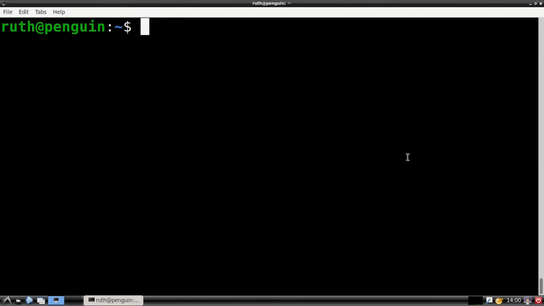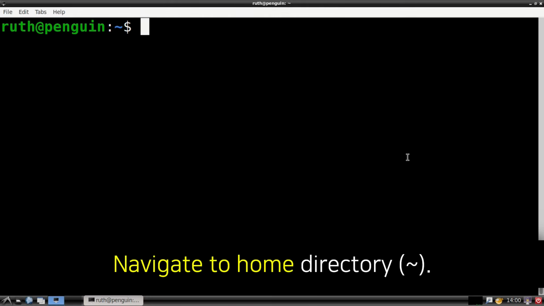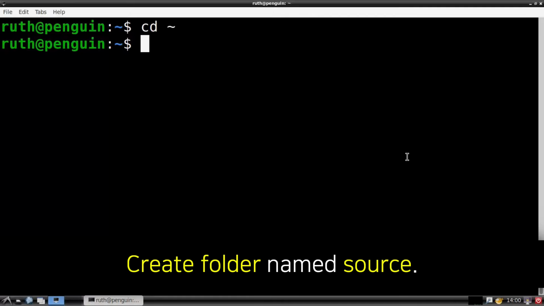Now we are going to modify the source code of the calculator app. To do that from a terminal, we can first execute cd ~. This will take us to the home directory if we are not already there. Note that tilde represents the home directory. After that, we are going to execute mkdir source. This will create a folder named source, which is where we will place the source code when